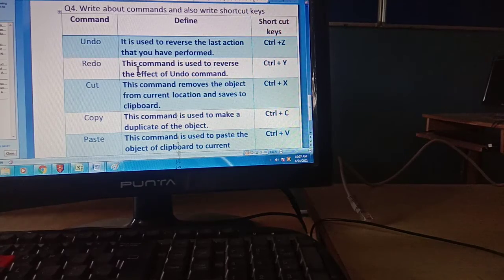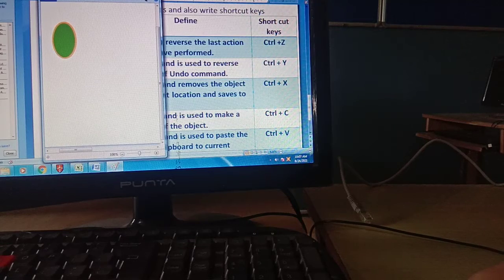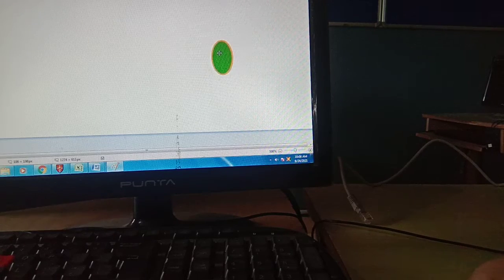It is always in the top left corner. Let me show you in the paint program. Let's come to the paint program. Okay, so this is your paint program. I want to shift it somewhere. Okay, so let's open the home tab. Okay, and then select it. I'm selecting it and shifting it to this location.